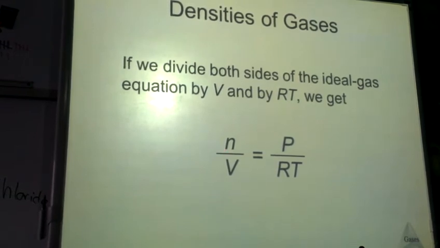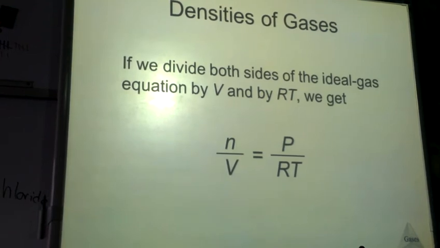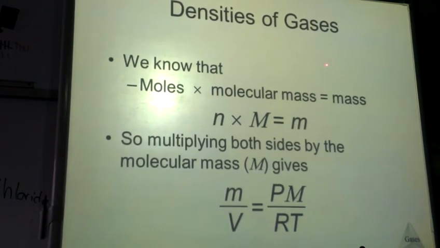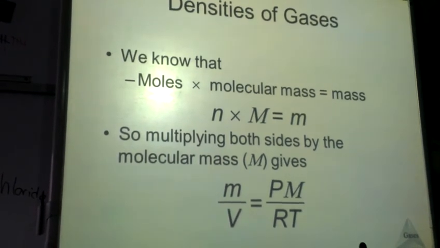So for N, number of moles, I could find mass using moles by taking the number of moles times the molecular weight, and that would give me mass. So if I do that, I can see that here, moles times molecular mass is equal to the mass. Now in what we did today,